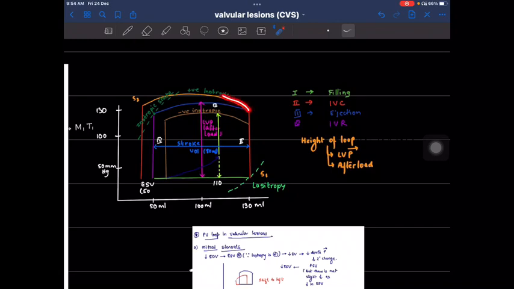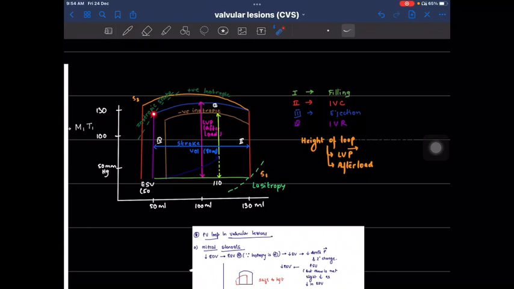But now you see that this graph is going backwards. Sorry, this is the normal graph. So the graph is going backwards, right? Means the volume is decreasing, right? We are going on the x-axis in this direction. So volume is decreasing. So what does that mean? Why is the volume decreasing? Where is the blood going? The blood is being ejected out of the ventricles, right? So now we reach here.